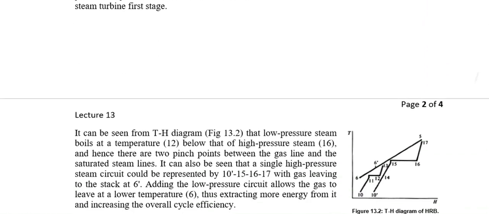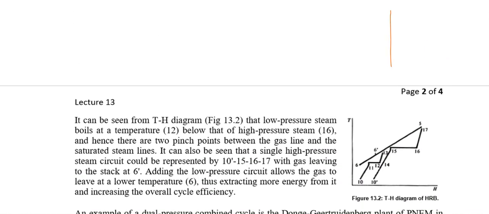It will be much easier if I explain it on a TS diagram, or sorry, a TH diagram: temperature versus enthalpy, or temperature versus energy. So if I'm drawing the TH diagram of any combined cycle, it would look like this: the energy which is lost by a gas cycle, for example from 5 to 6, would be gained by the Rankine cycle,